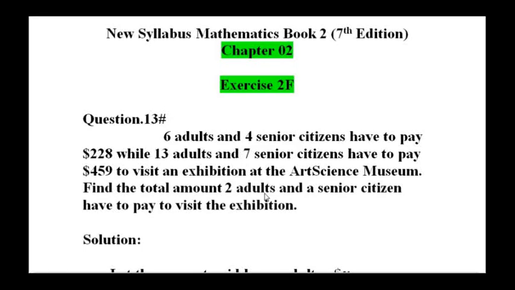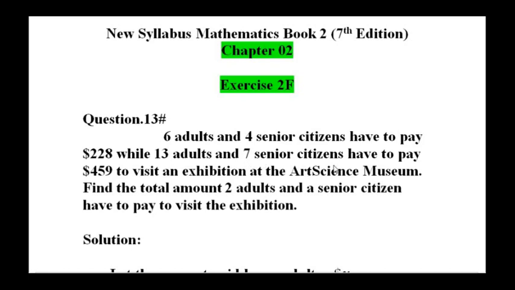In today's video, we will be solving questions 13, 14, 15, 16, and 17 from the new syllabus Mathematics Book 2, 7th edition, Chapter 2, Exercise 2F. Now, the statement of the question is 6 adults and 4 senior citizens have to pay $228 while 13 adults